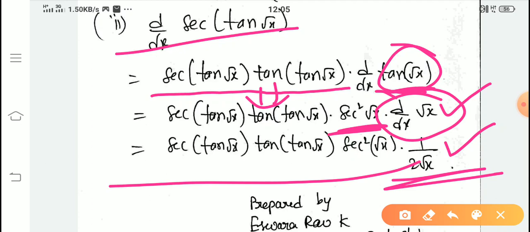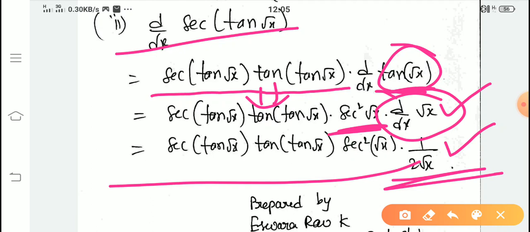Try to follow this chain rule. Try to understand. If you do the maximum number of problems, you will get thorough practice and you can increase your speed also. Please try to do all the problems in exercise number 2 with the help of this chain rule process. Then you will be able to understand the derivatives that I am going to do in the next classes. Try to do all the problems in exercise number 2 of the differentiation topic.